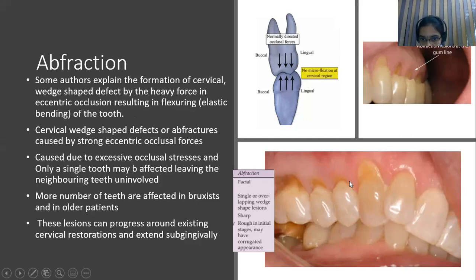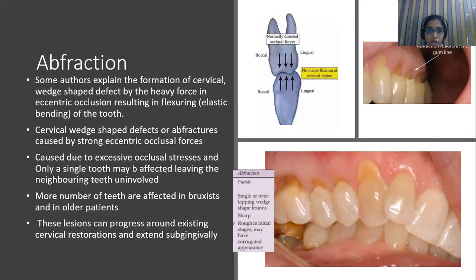Here in this image, you can see a wedge-shaped defect in the cervical region of 14, 15, 16. The abfraction is caused due to heavy force in eccentric occlusion, not in centric,